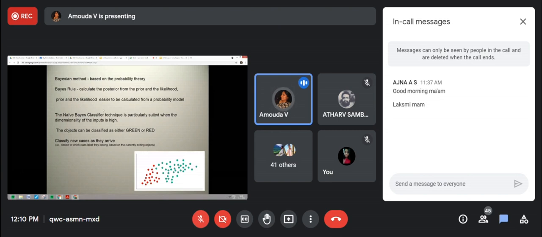But a very easy algorithm. The objects given here are red objects, and which color is more here? Green. The clustering is well formed here.